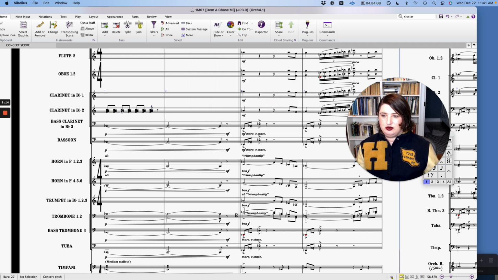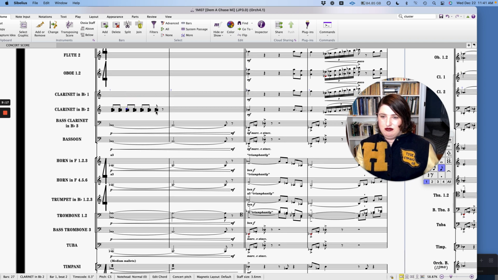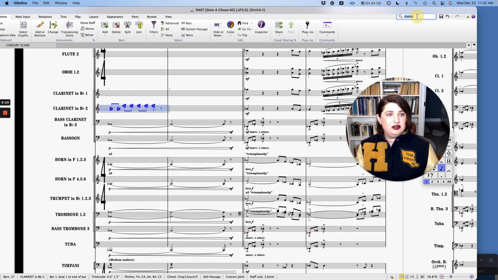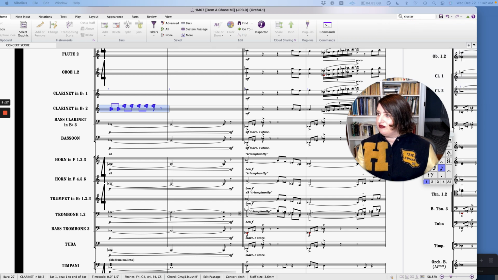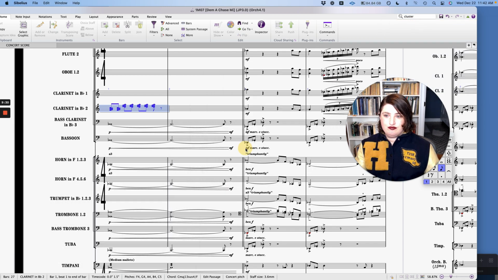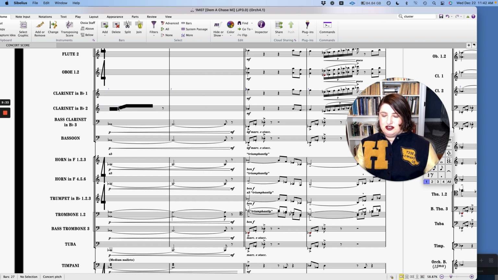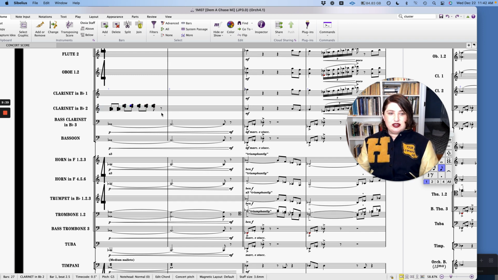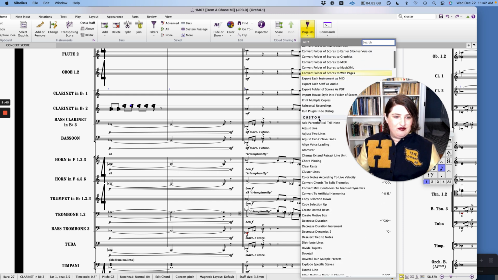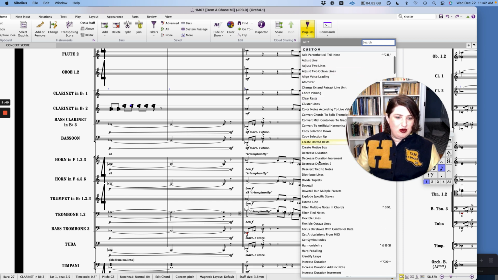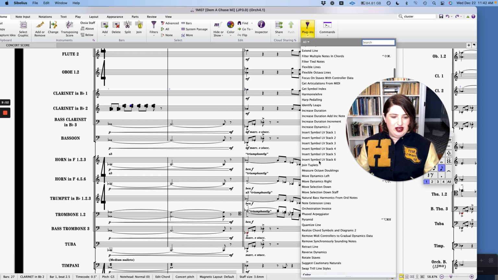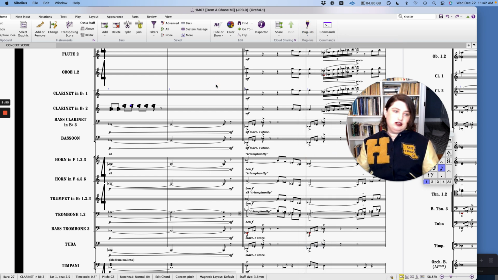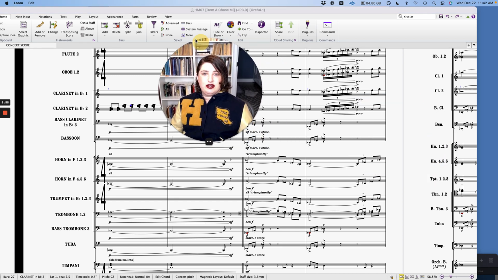So what you could do is move this up. And you'll see. So it turns into a cluster. So for me, I use tons and tons of Sibelius plugins. Tons. I mean, literally, these are a lot of them, and you can see in my custom folder that these are all ones that I've paid for and created. And it's just something I like to use for my workflow just because